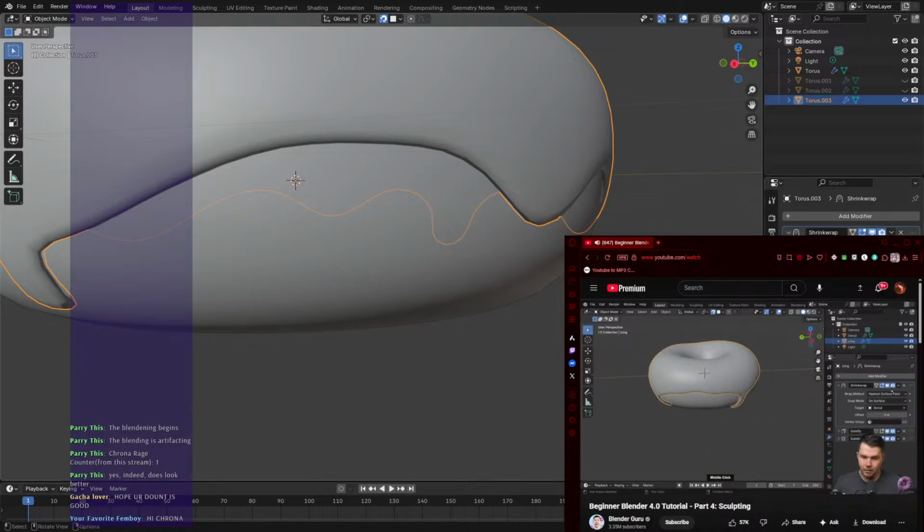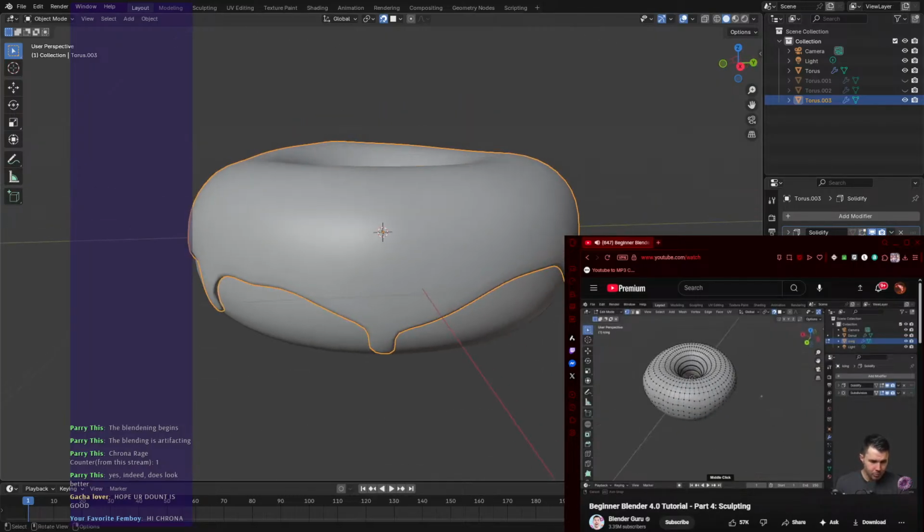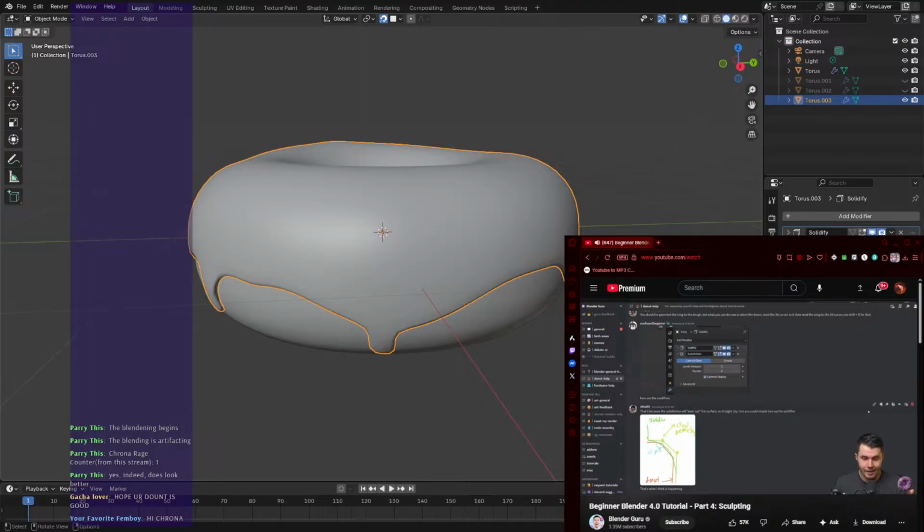So, great. We don't need this here now. We can just apply it because it was just a once-off operation, and now all our mesh should be perfectly flat. And assuming you haven't got any other issues going on,